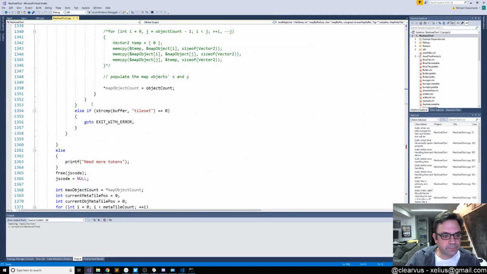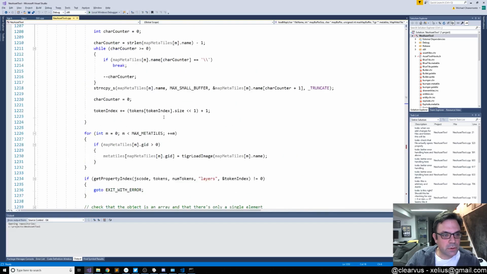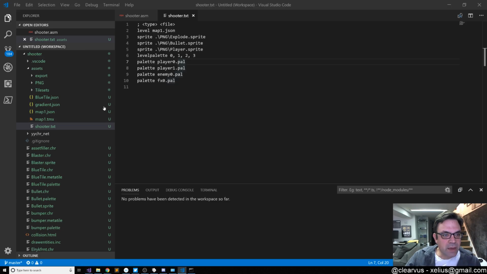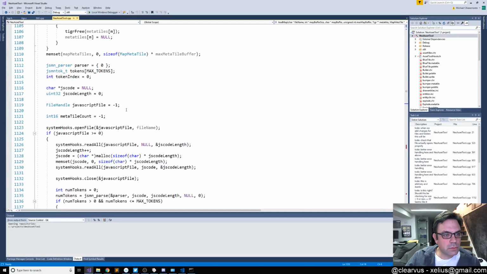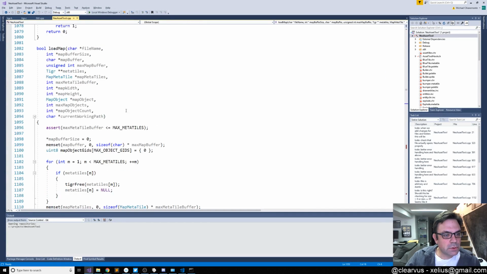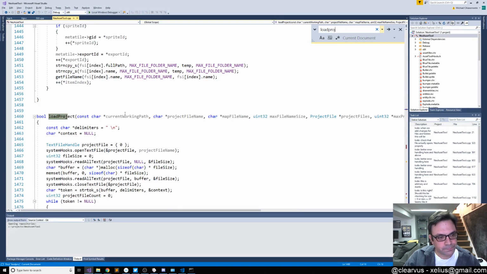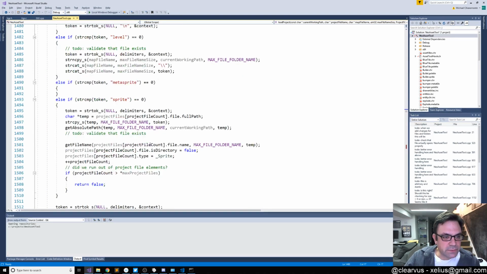Let's see. So right now we just have the map. Why do we have just this load map? This is JavaScript. Oh, that's for the actual map JSON file. This is what I was looking for. All right, so